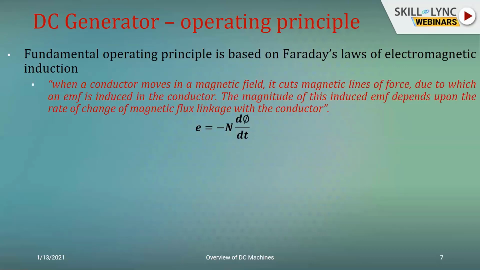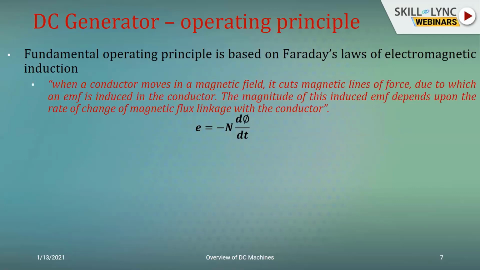This negative sign is primarily the contribution of Lenz's law, which is responsible for the fact that the cause will always be opposing its parent. So in this case, the induced EMF will always have an opposite polarity compared to the input voltage. That is the contribution of Lenz's law, but otherwise E is equal to minus N d phi by dt. So for any rate of change in the magnetic flux, if it is for a single turn, N would be 1, and you would get directly the value of E as minus d phi by dt.